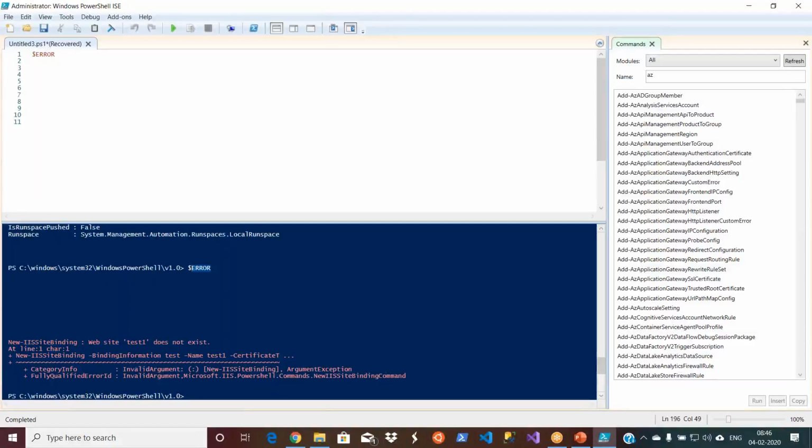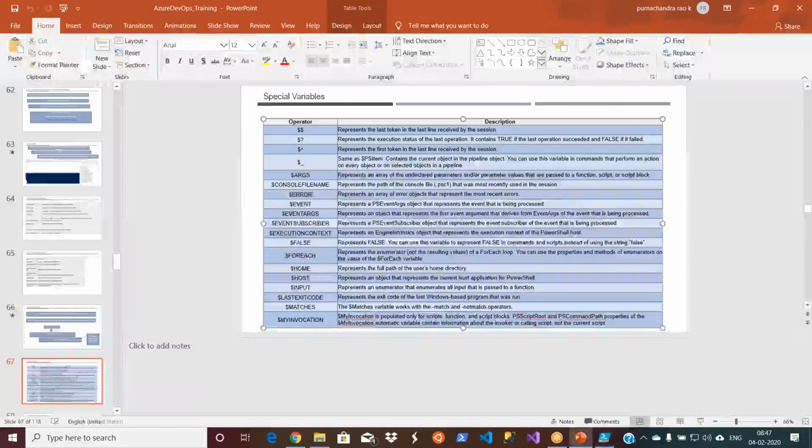So that is the benefit of your system variables. It preserves it in the background, and you don't need to store it. If you are writing some script and you want to know what exception occurred before your script executed, you can use $error. Likewise, I'll give you these things, and you can go and try running these scripts. I have also written the description, so you will understand what all these different commands and variables are.